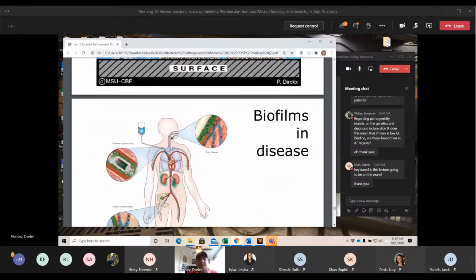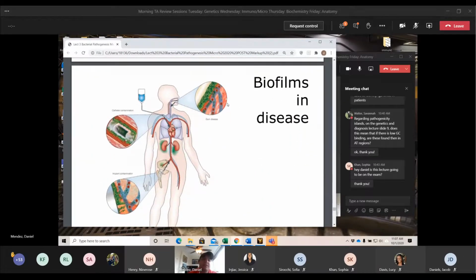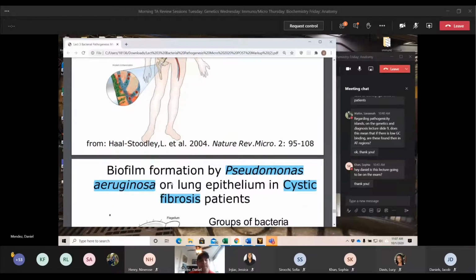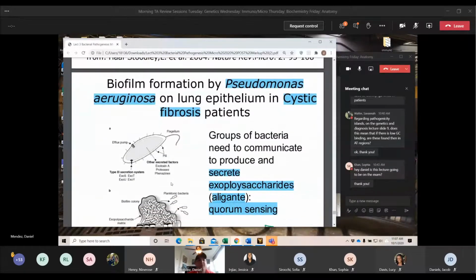So here we can see some examples of it in gum disease, between the saliva and your teeth, where you can see the biofilm. You can also see it in catheters. This is one of the more common areas that you see it in. And then any sort of implant, because we'll see blood flow going across any sort of foreign device that is a hard surface that wasn't already designed by the body. Here's an example. Anytime they give a very specific example, I would make sure to know that example.